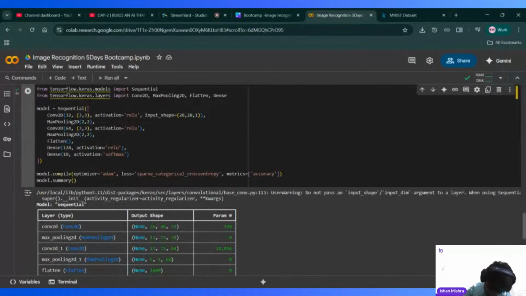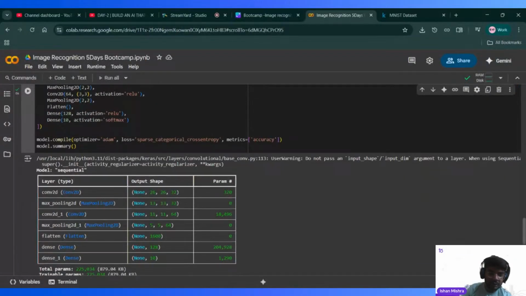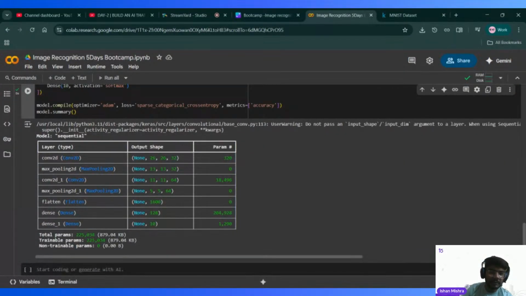Okay, the attendance link will be given. Yeah, I missed that equals to sign. Now see, here we have created a sequential model, and it has given the parameters of all the things which we have asked. So now once the model has been created,